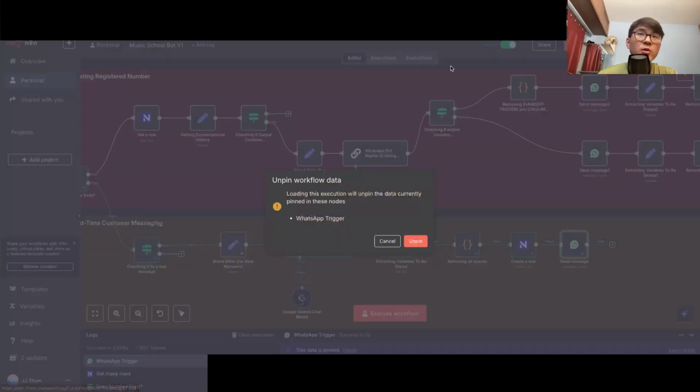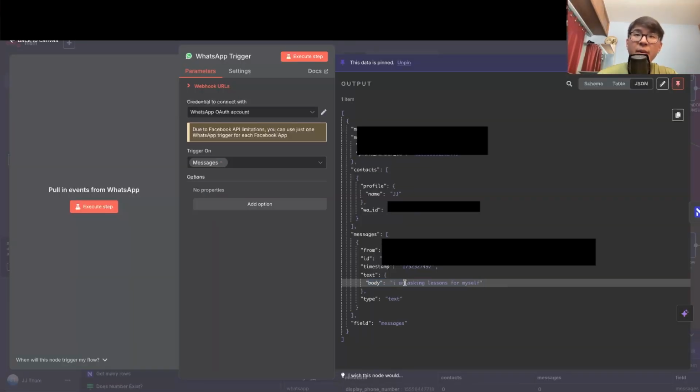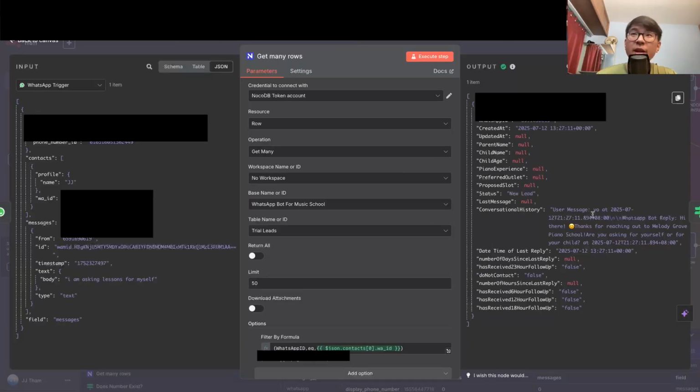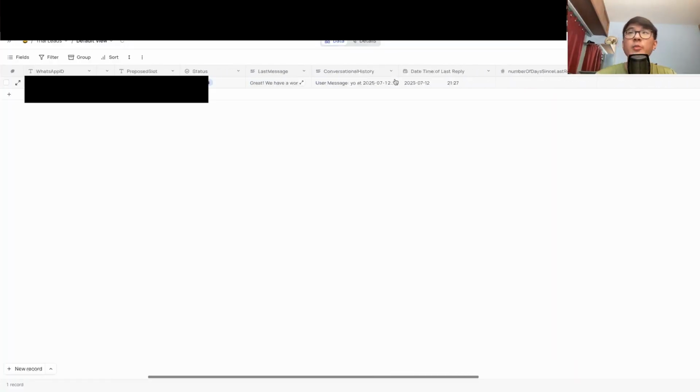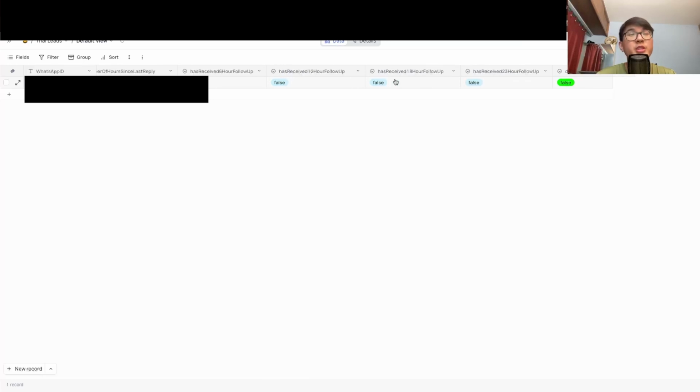So let us see the workflow over here. This is the text that I sent. I'm asking lessons for myself. I then have a database that pulls the past conversation. Every time a new user submits a query, there will be a creation of a row here, which is the database that I'm using. If you don't have NocoDB or Airtable, feel free to use Excel, but I must give a big warning when you use Google Sheets. API authorization code would usually need a lot of refreshing. From my experience, every 4 or 5 or 6 days, you need to manually refresh it. So I do find that the usage of Airtable or NocoDB credentials to be a lot more reliable and stable.